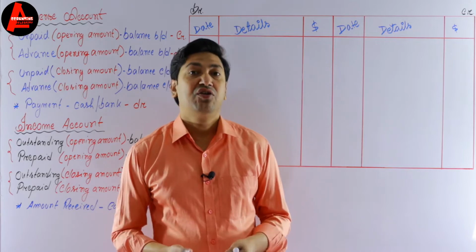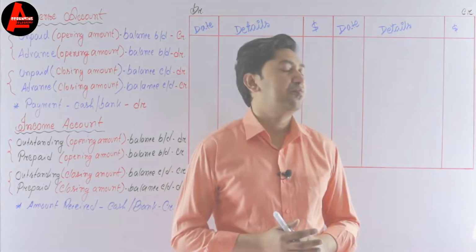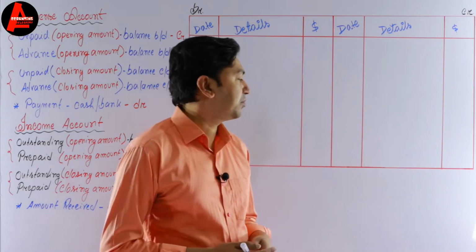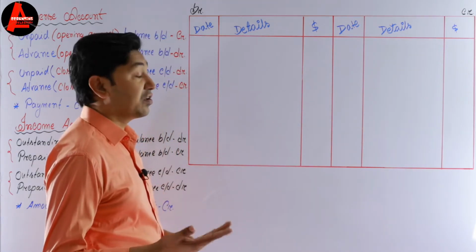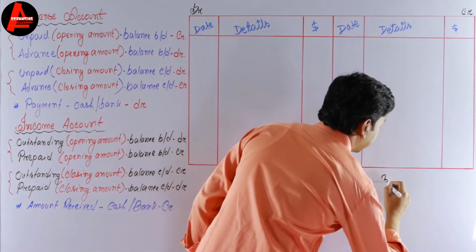So let us have a look at the question on the screen. Chen is a retailer of men's clothes. His financial year ends on 31 January. This is also important to know, the financial period, the accounting period. So the closing date for his business is 31st January. So let us write here 31st